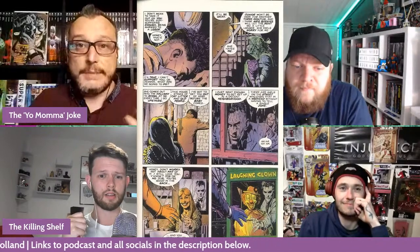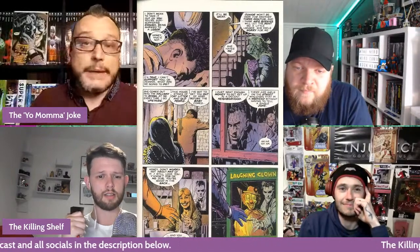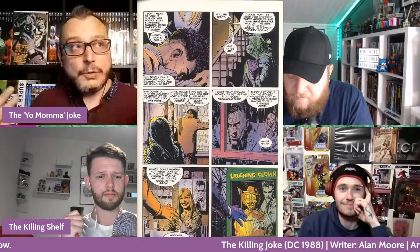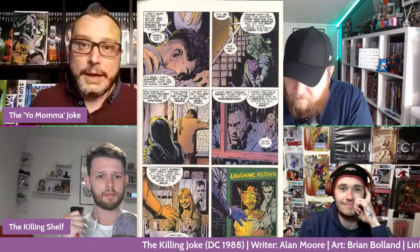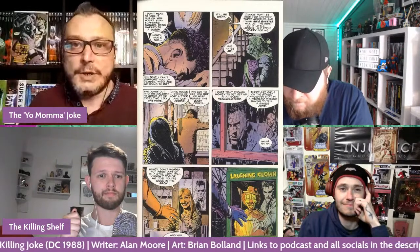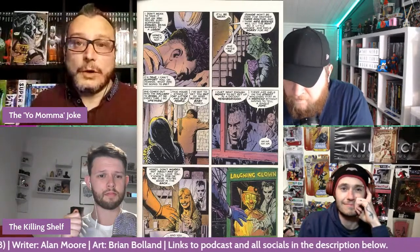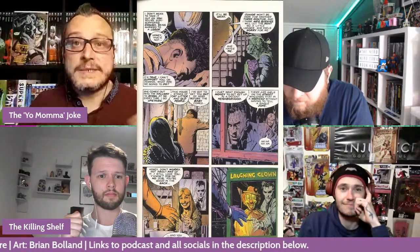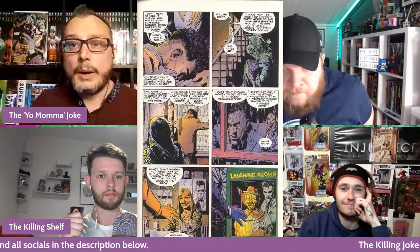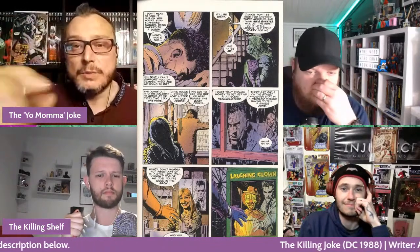book. But to me, and this is at the admittance of Alan Moore, this book was written to highlight the symmetry and the contrast between the psyche of Bruce Wayne and the Joker. And in this book, if you look, every couple of pages, there is some symbolism or metaphor reference to reflections. And you can see there's two bottom panels down there. When he's talking to his wife in the flashback, he's reflected in the mirror. And then as he comes out of it, and there's all pages where people are reflected in puddles all the